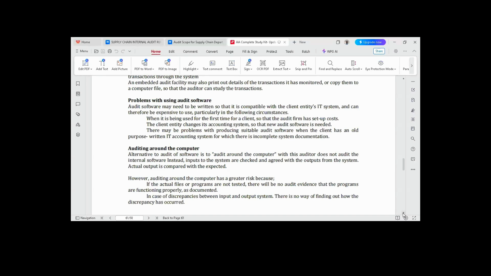But there are risks when you use auditing around the computer. And what are the risks? You will not be able to obtain evidence whether the programs on the system are working effectively. You will not be able to conclude or to explain or to confirm that the system